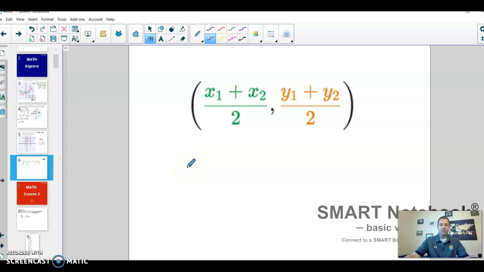I'd be pretty impressed if you came up with this. If you didn't, that's okay too. But here's what the midpoint formula actually is. And this should make sense based on what we've just talked about, how we take one of the x values and another one of the x values and we average